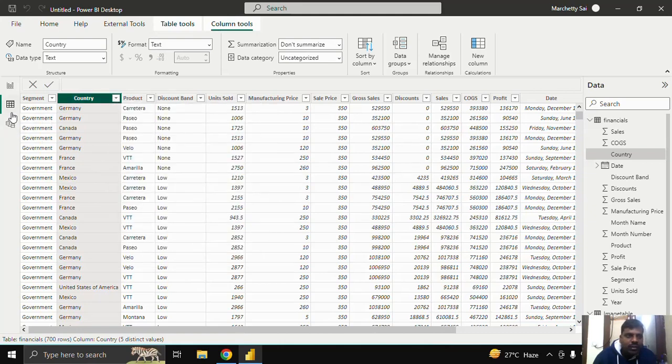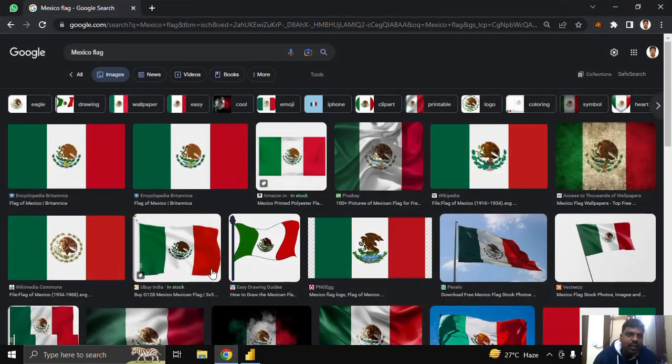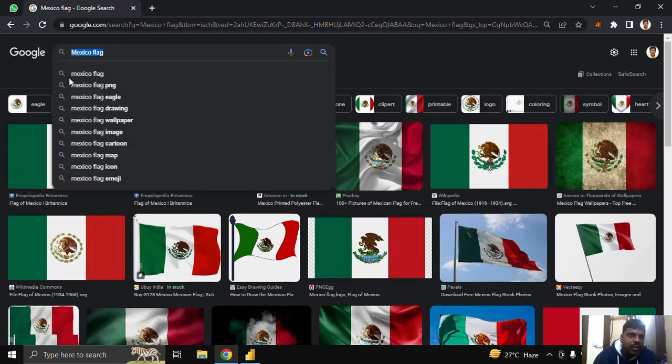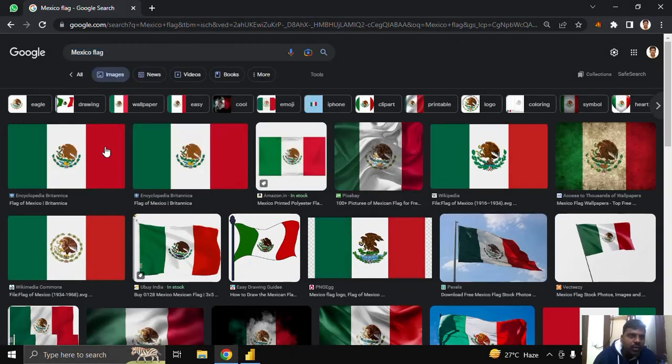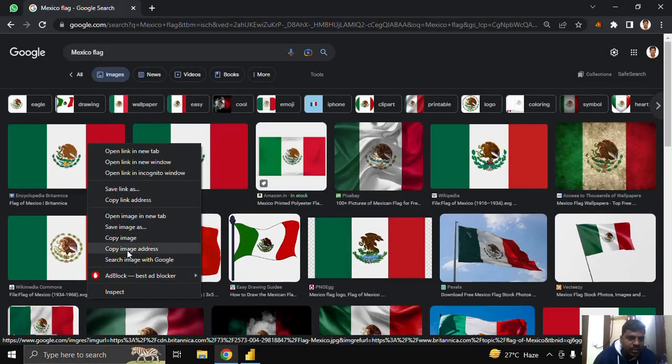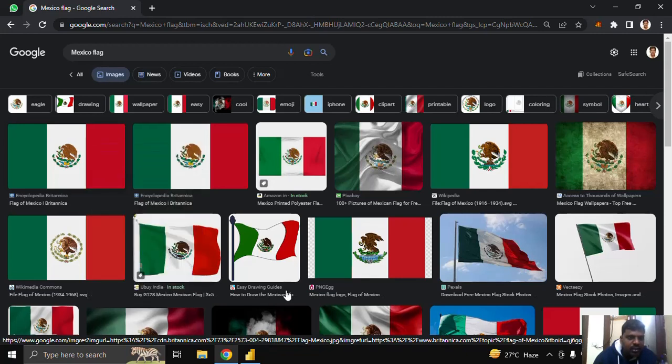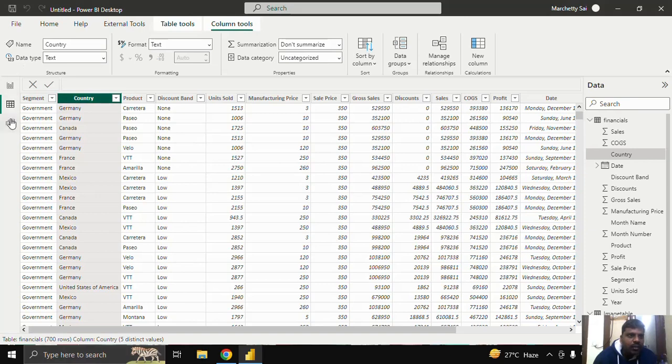If I want those flags, what I could do is search for the country flag in Google. Suppose I want this flag, I could right click on it and copy the image address. Once it is copied, what you could do is